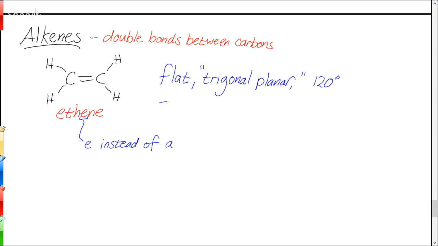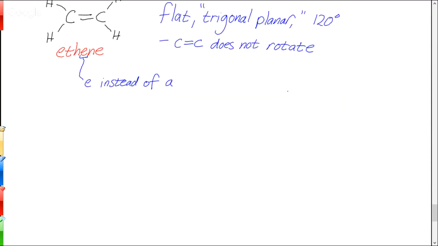And then another interesting thing about alkenes that's different from alkanes is that a double bond between 2 carbons does not rotate. And that opens up some interesting possibilities for how these can be a little bit different from the alkanes that we saw before. So let's look at a couple different structures. If I drew two things for you,